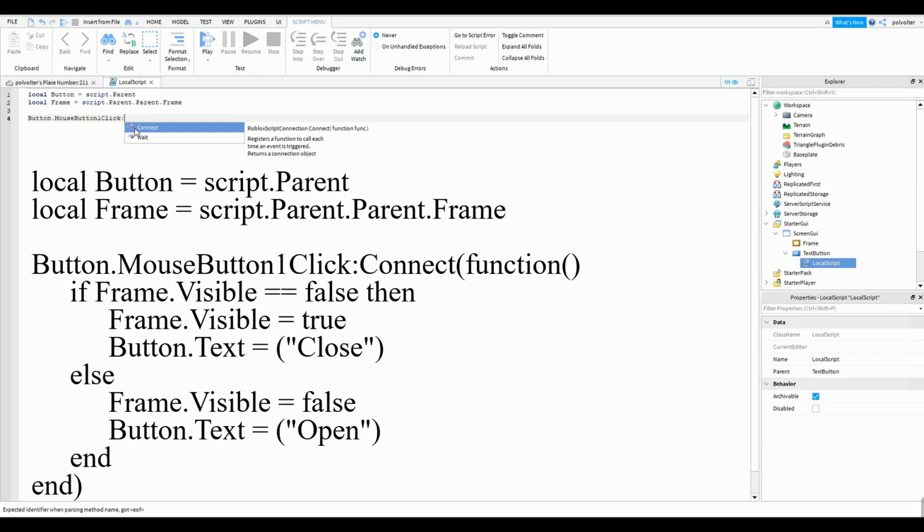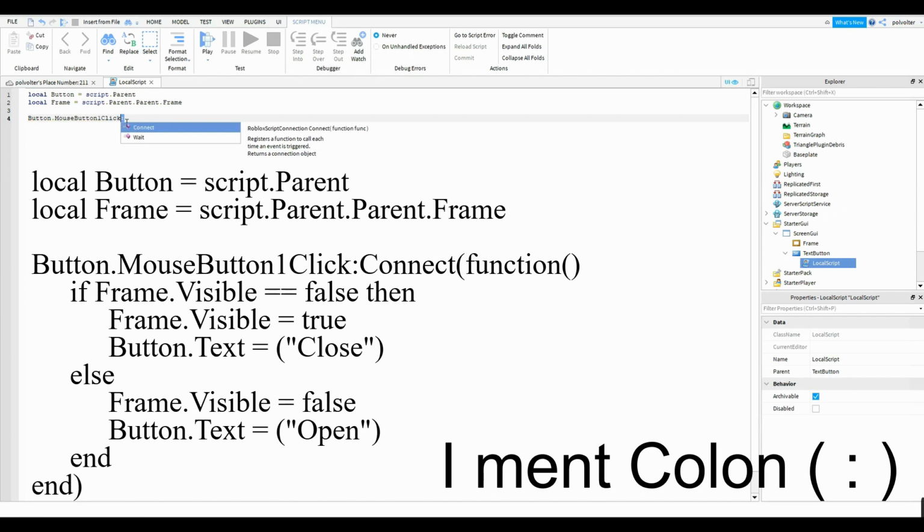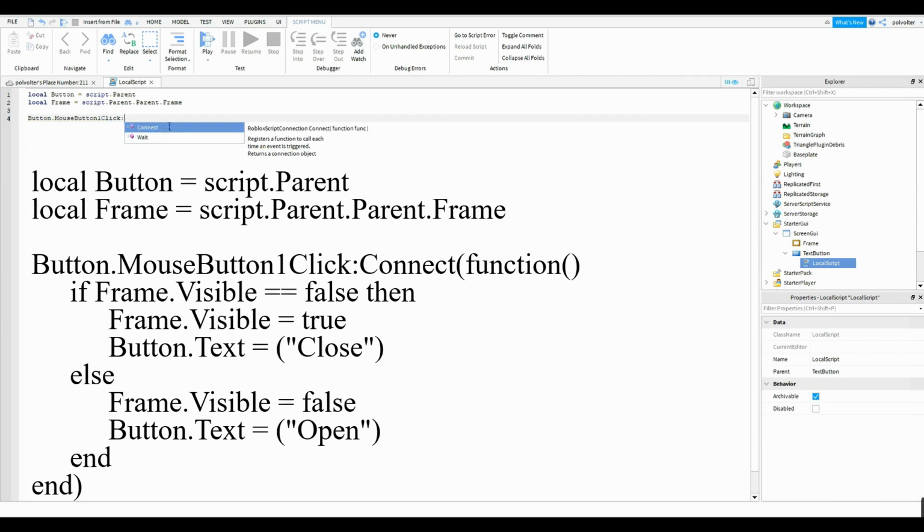a colon. No, it's not hyphen. I don't know what that little mark's called, but it's on the screen right now, so if you could just put that in. I'm so embarrassed, I don't know the name of that. Then put connect. If you put the symbol here, connect should automatically appear here, so just double click on that and then select inside the